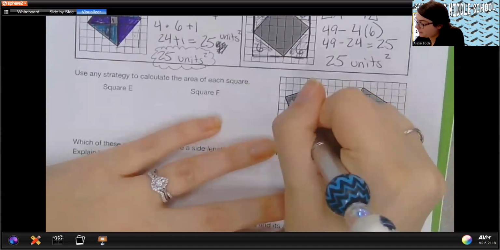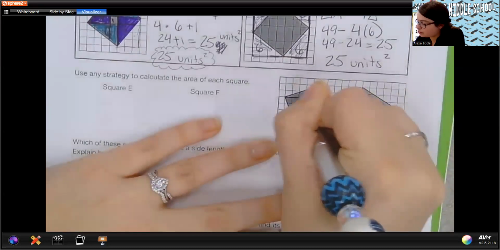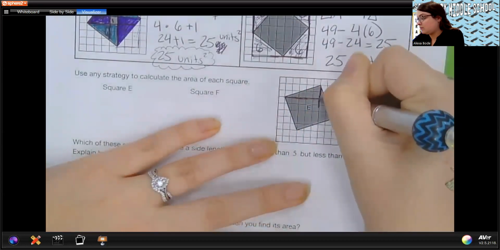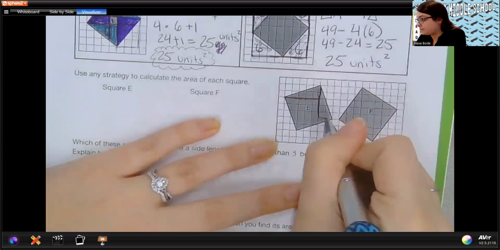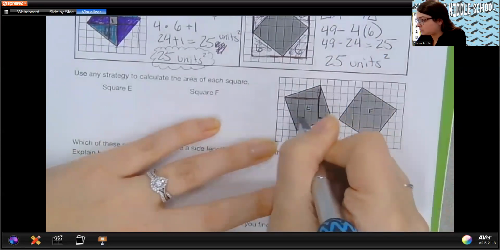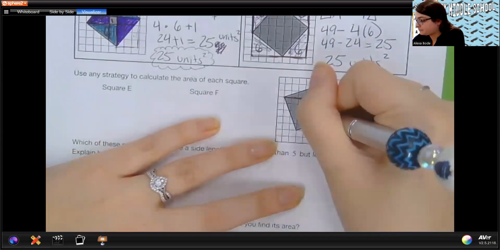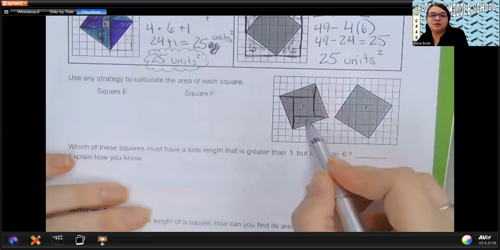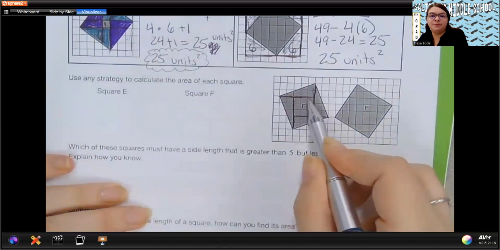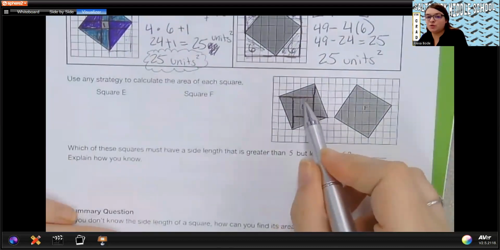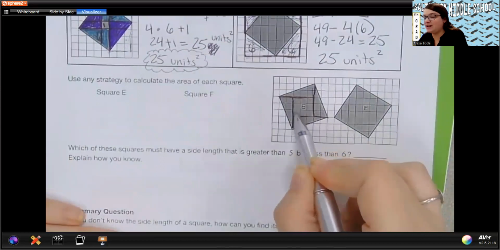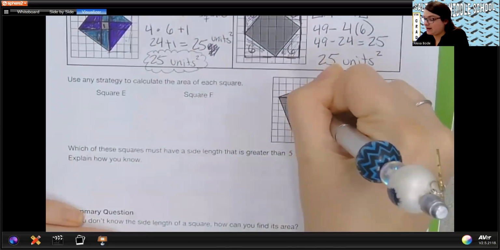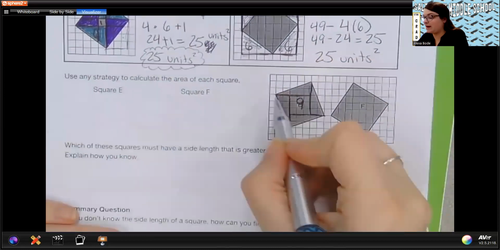So for E, I'm going to go ahead and draw my triangles. This time, instead of going all the way across, I'm going to stop it where the corners meet. That way the lines don't confuse anybody. So I made 4 triangles and a square. Notice this time our square is not 1 square, but we have 9 squares on the inside here. So we have an area of 9 for the inside square, and then we need to find the area of